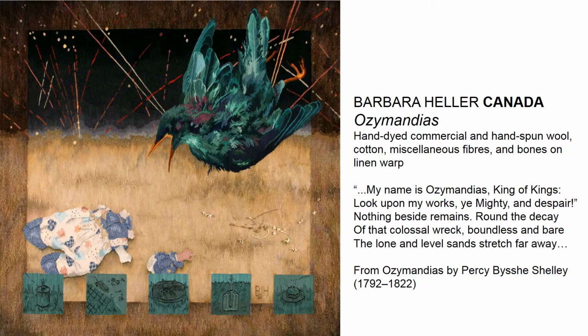The next piece is by a Canadian artist called Barbara Heller, and it's called Ozymandias, you can see. It's based on the poem by Percy Bysshe Shelley. "My name is Ozymandias, King of Kings. Look upon my works, ye mighty, and despair. Nothing beside remains. Round the decay of that colossal wreck, boundless and bare, the lone and level sands stretch far away." So the meaning of politics is becoming more urgent for Barbara Heller,